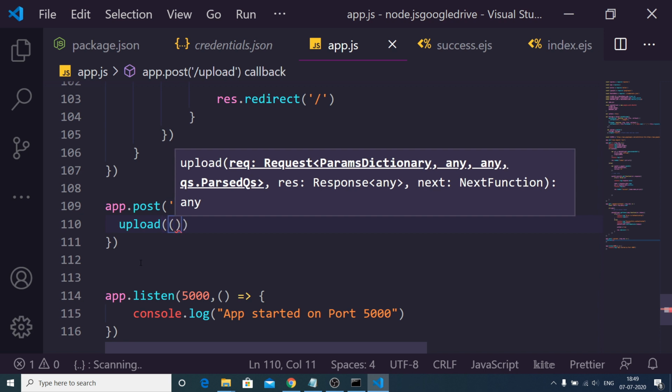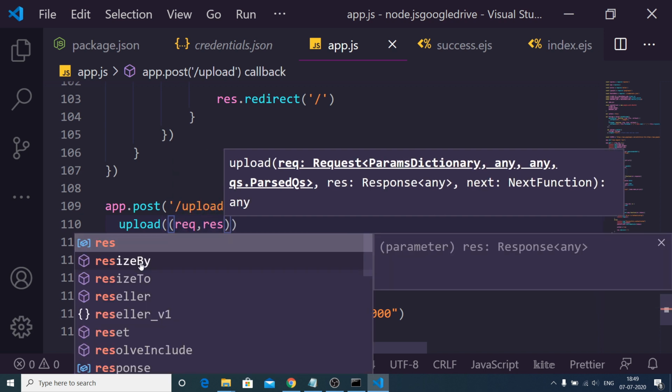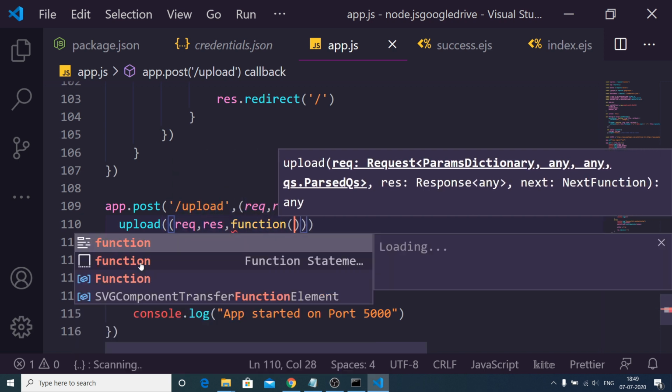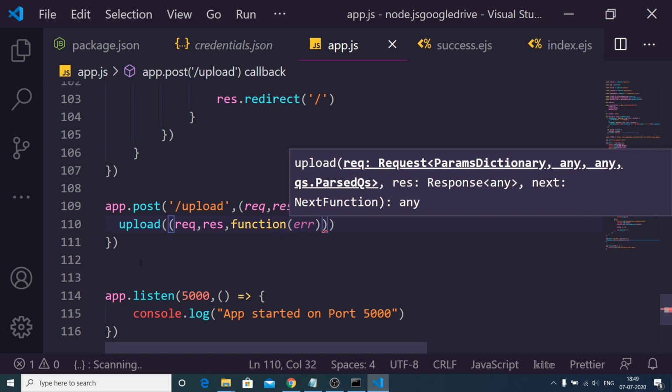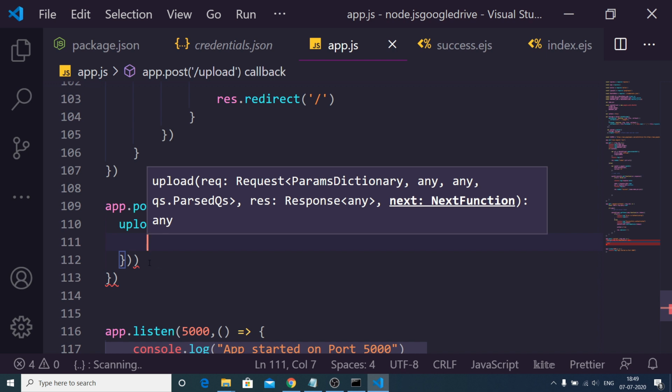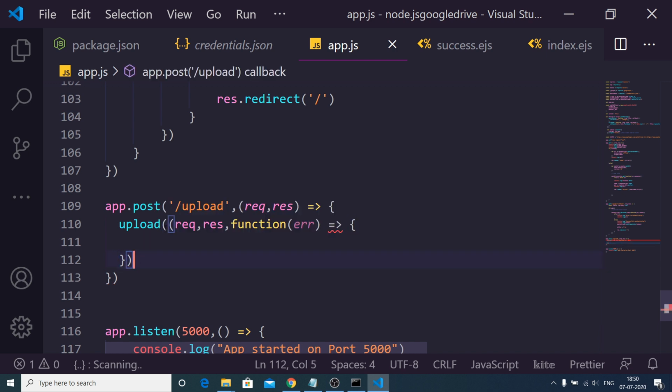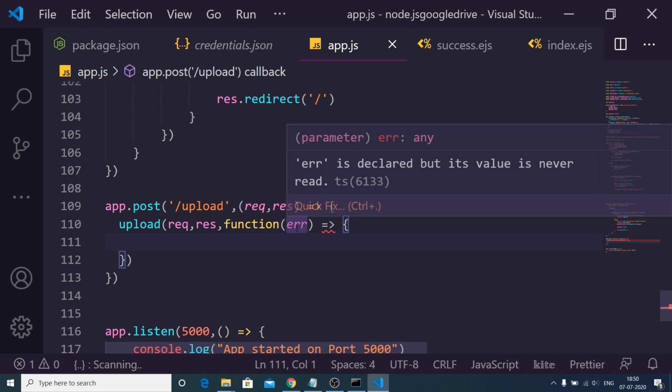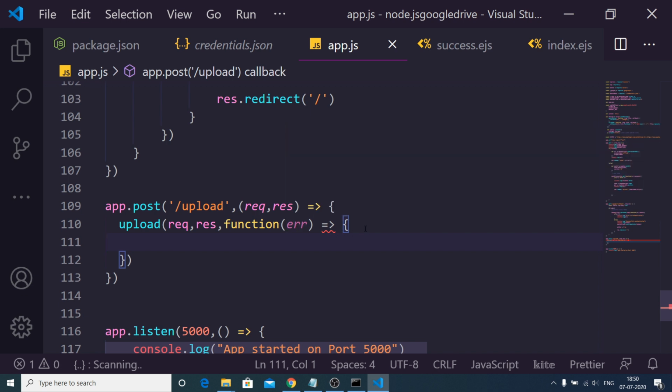So this will take request, response and a third variable, function error. So this will be a callback function. Just delete these additional parameters. Oh sorry, this arrow need not be there, so that was the problem.